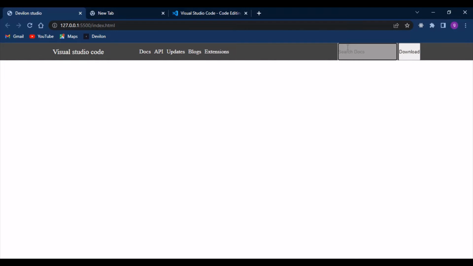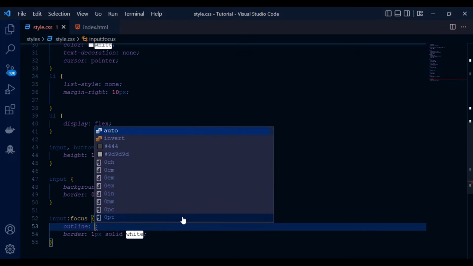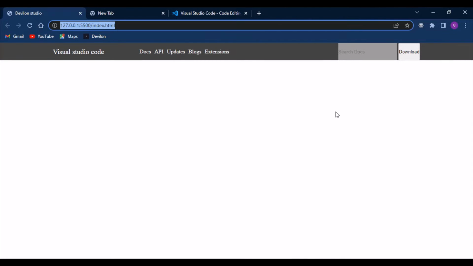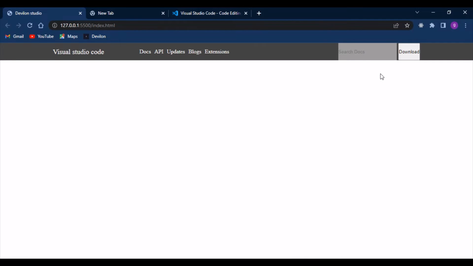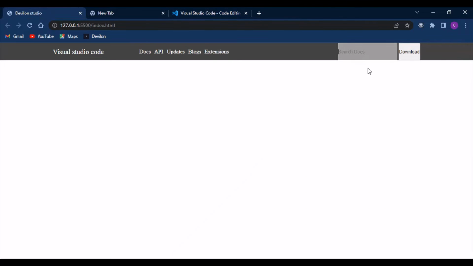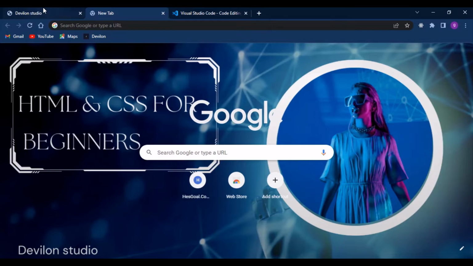Okay, let's change. Oh, first of all, we have to set outline to 0. So for us to remove the border, you have to set outline to 0 and set your border. I hope you understand this. I'm just trying to show you how, since we don't have the correct color in hand, it may be somehow, but I hope you're following what I'm doing, and I hope you are understanding this. So yeah, when you focus now, as you can see,